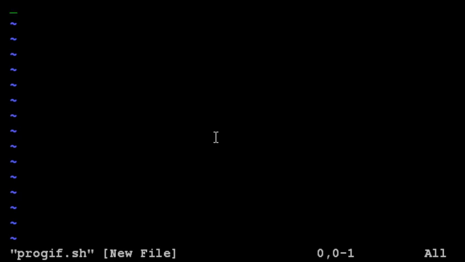Now very first thing is how to display a simple message. For the same you have to use echo command. Now see, when I press echo, I am not able to type anything here. So first I need to go into insert mode. So press i, so you will be in insert mode, and then you start writing the shell script.